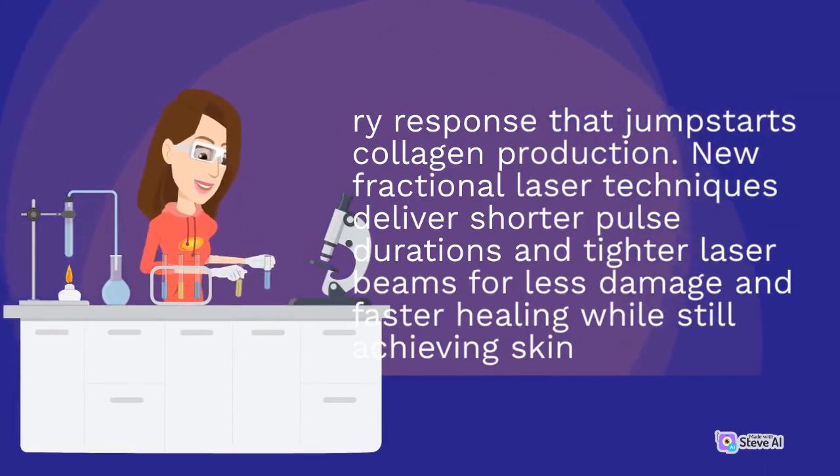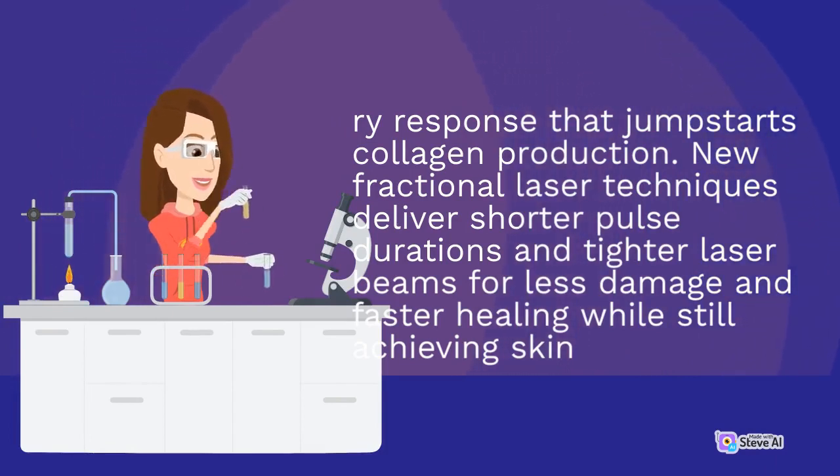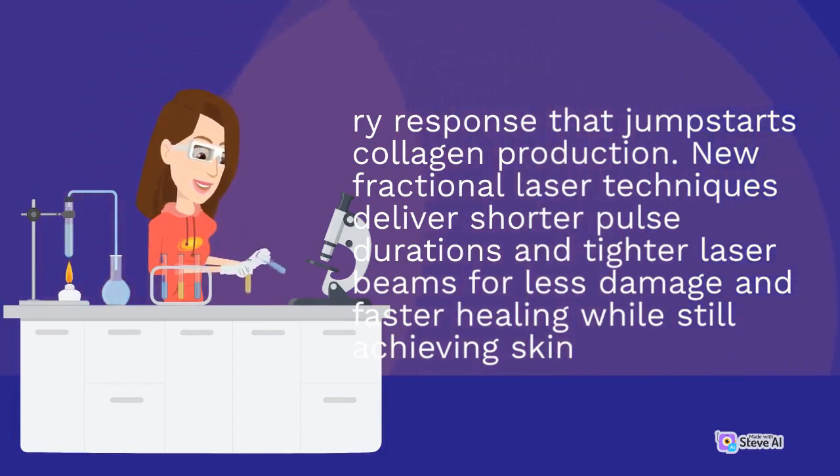New fractional laser techniques deliver shorter pulse durations and tighter laser beams for less damage and faster healing while still achieving skin